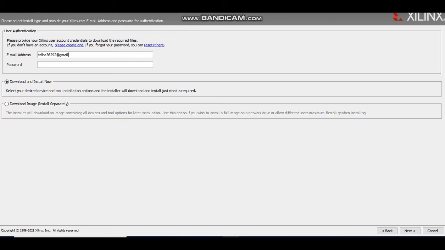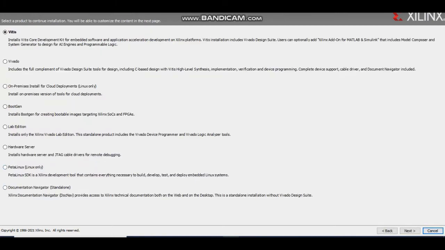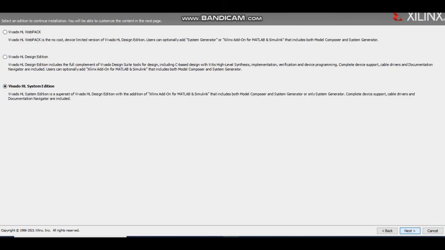So we will click on the download and install now button, and then we will wait for the next step. After entering my ID and password, there are many options. In this we have to click on the Vivado option, the second one, then next, and in this one we have to click on the HLS design edition.